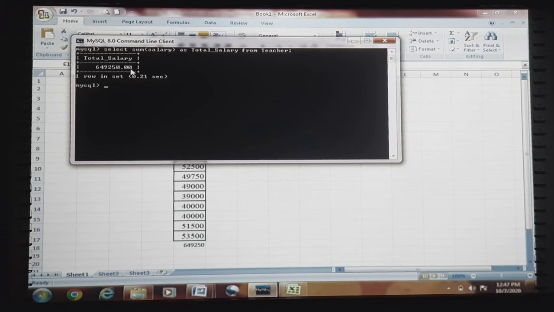Okay, so this is how we have utilized one aggregate function using alias, by means of which we have created a new column in our teacher relation with the attribute name total salary, and the value which we obtain is the result of an aggregate function, that is sum. So like this we have come to the conclusion of the first query.